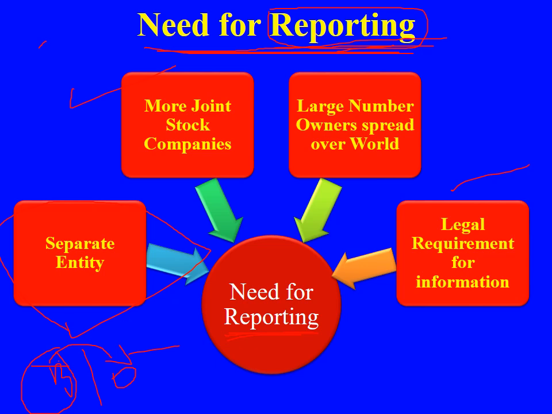Then major joint stock companies came into force more and more. See, joint stock companies, we can see a large number in the economy. I said to you, nowadays we can see a huge number of joint stock companies because of various advantages associated with them. And one of such advantages is that whenever there is a profit, it will be shared among the owners. But at the same time, whenever there is a loss, that will again be shared among the owners to mitigate the loss and to contribute the capital. These are a few advantages which the joint stock companies possess.